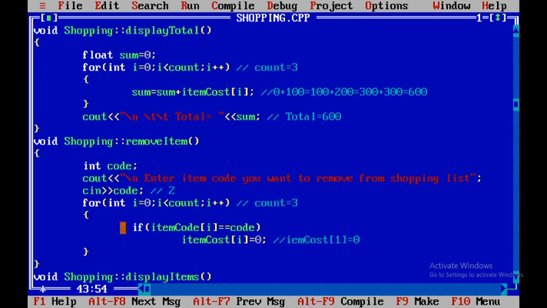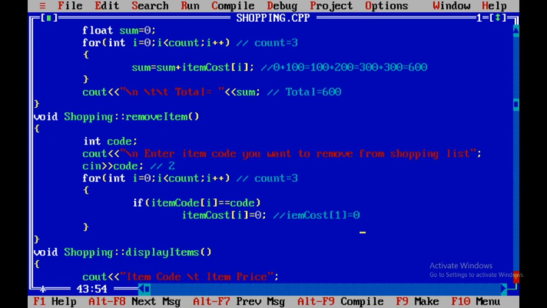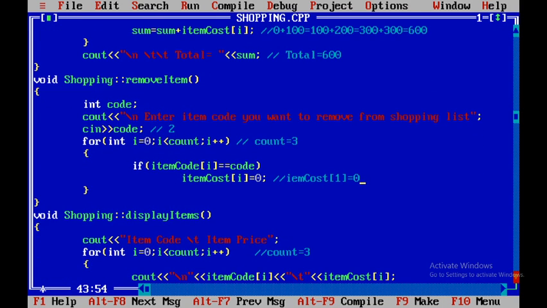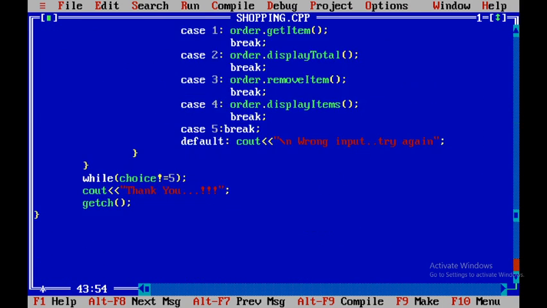Next time the i value will be increased by 1, so i is now 2. Atom code of 2 value is 3. Again the condition is not satisfied, so only the second atom will get removed. So again we will come to main. Once the atom is removed, here is the break statement.